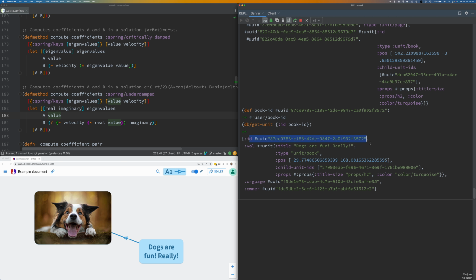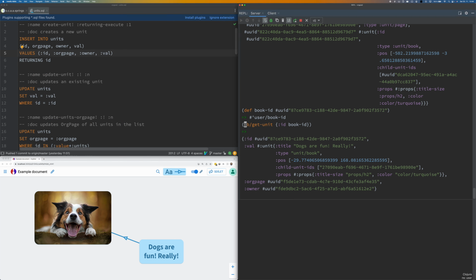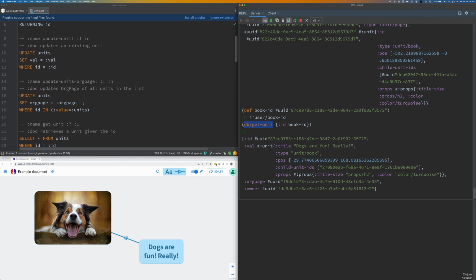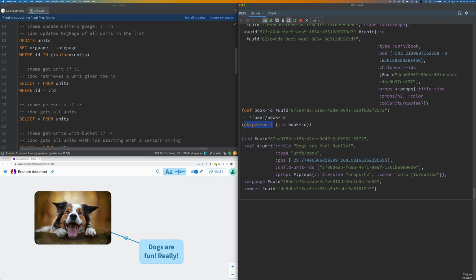There is the ID column, there is the OrgPage column, which is again an ID, the owner column, and then there is this val column, which is arbitrary JSON data where I store most of the information. And this is a more Clojure-friendly way. Under the hood in HugSQL, this function db-get-unit corresponds to an SQL select statement, get-unit, which selects star from units where ID is equal to the input ID.